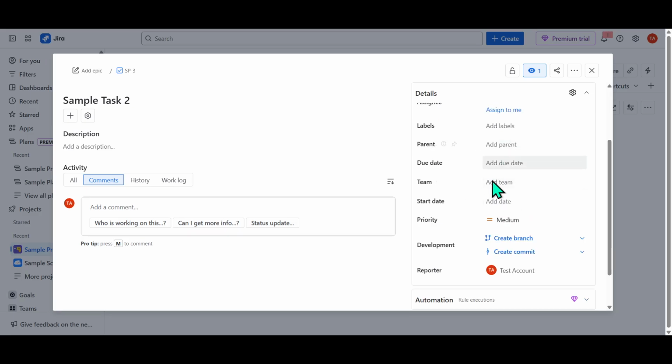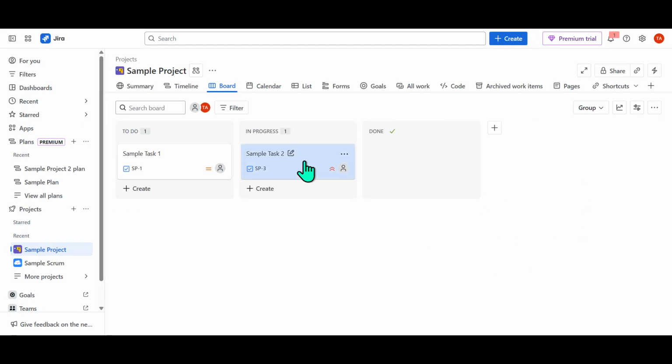Back on the board view, managing your cards is straightforward. You can use your mouse to click and drag cards, moving them around manually from one section to another as the work progresses. This hands-on approach is intuitive, but if you're looking to streamline your workflow further,